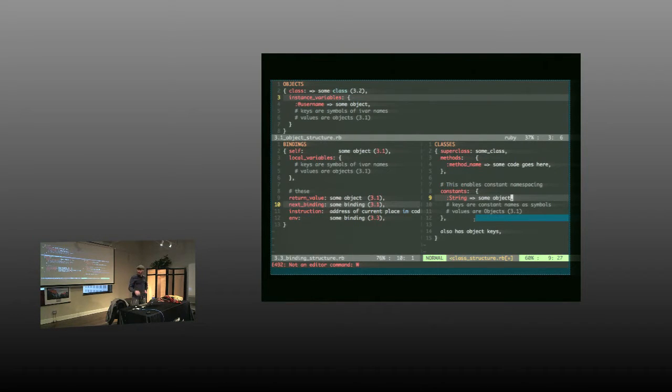In order to enable you to call methods on objects or on classes, we also give classes the keys that objects have, so that means a class also has instance variables. And as a consequence, a class is also an object. But I didn't want to put that in there, which is why it says also reference the other one, because if you mix them all up, it's super confusing, and you can't keep anything straight.